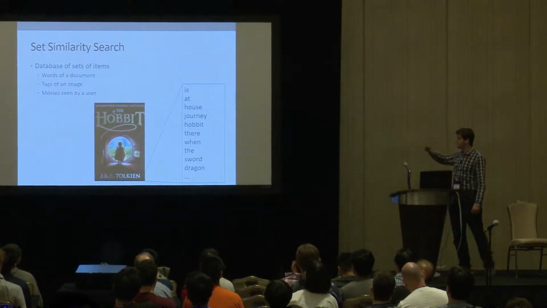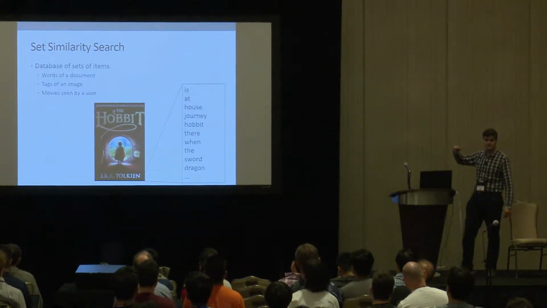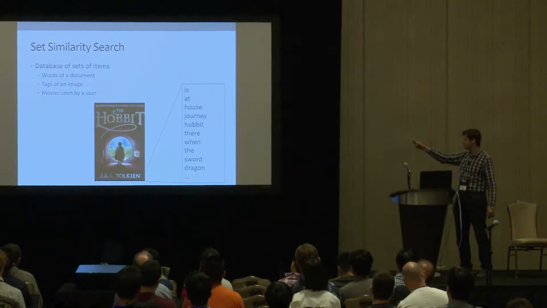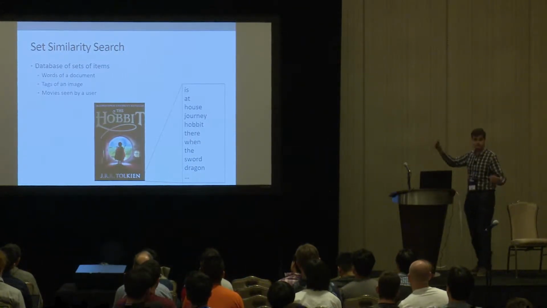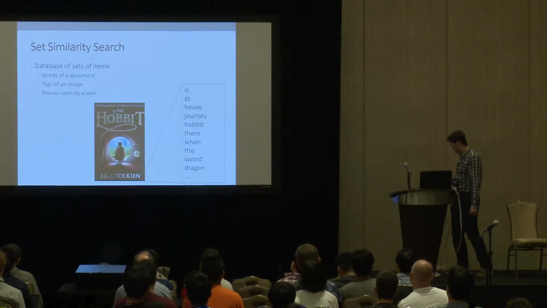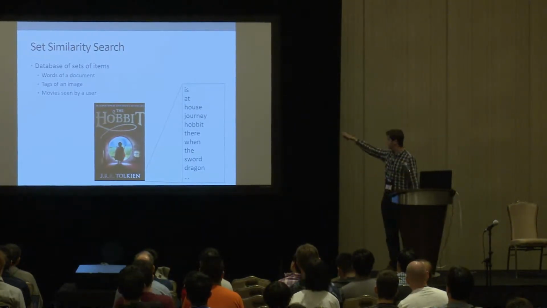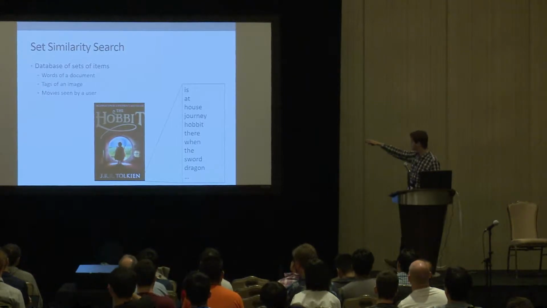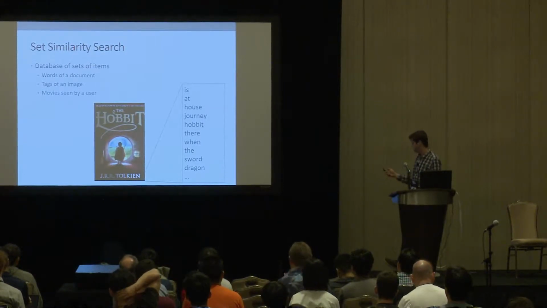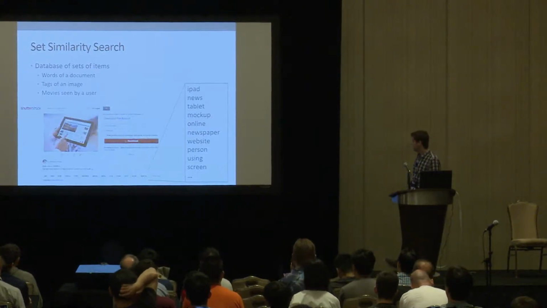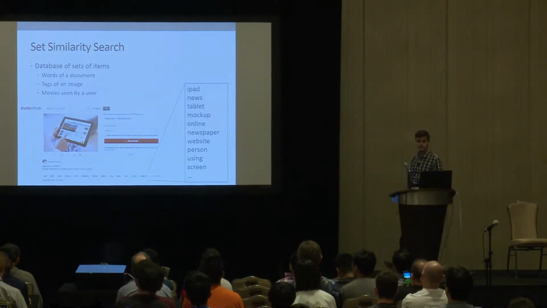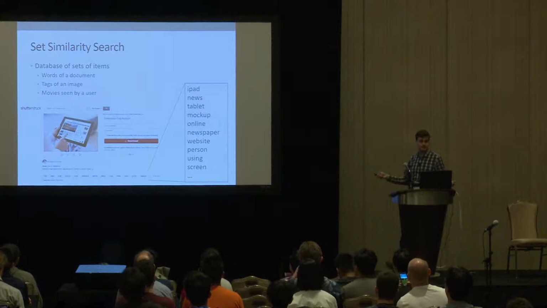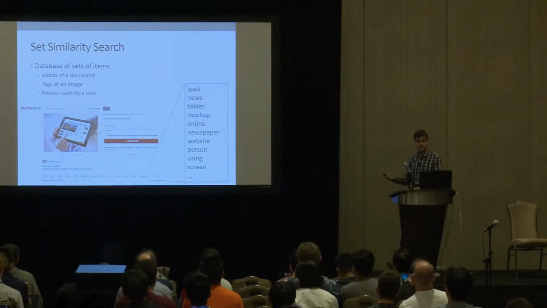So examples of this, you could have words of a document. Usually you pair them together into k-grams. It could be tags of an image. It could be movies seen by a user, something like that. So I take the book, I go through it, I look at all of the words, and I get this list, which is in no particular order. I can do the same thing with image tags. This is an actual image. These are the tags for the images. In both cases, this is just a set of things, which gives me some information about this image in this